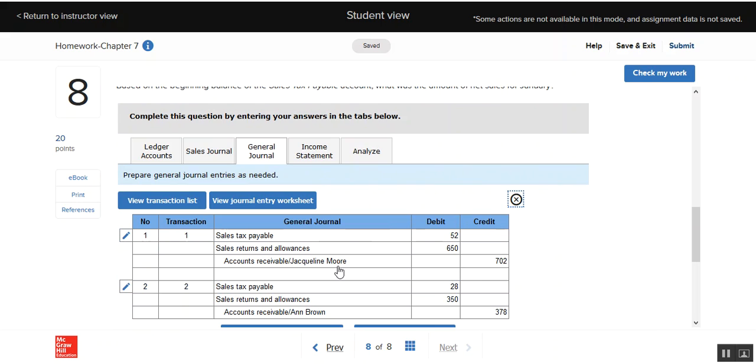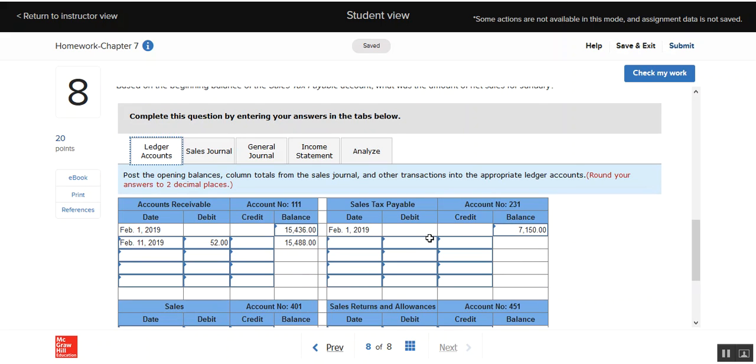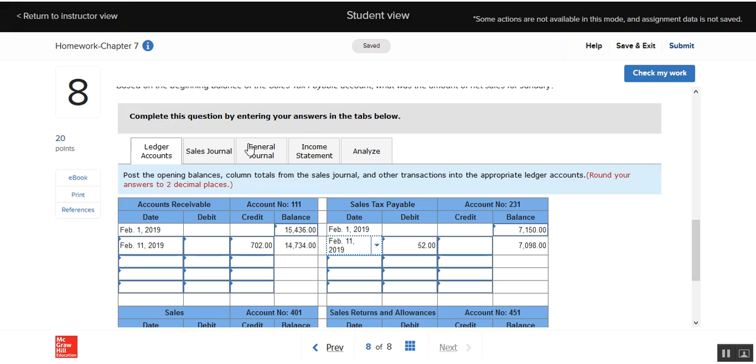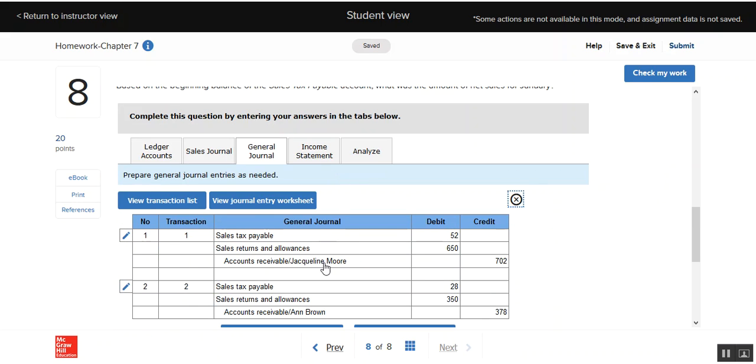And then the next one, accounts receivable, is coming down $702. And you know what? I think I put that in the wrong place. That should be sales tax. Sales tax should be debited $52. Let's fix that. All right, so I posted all 3 of the amounts from the general journal for that first